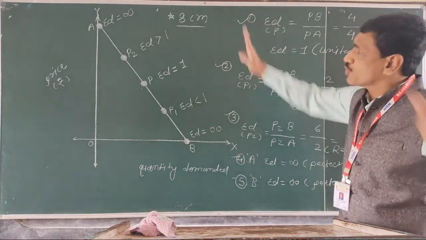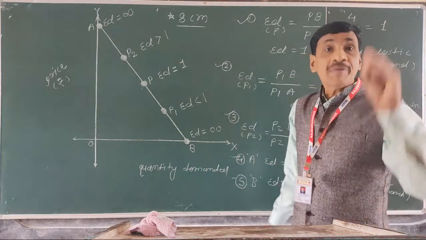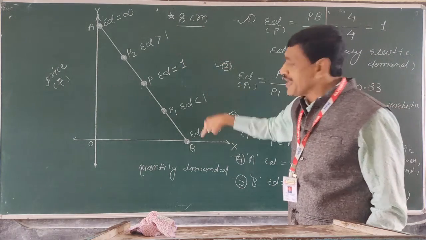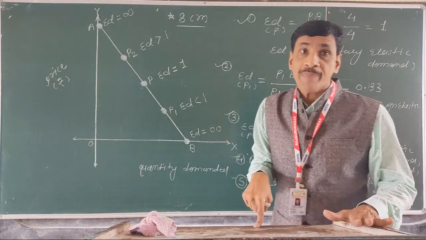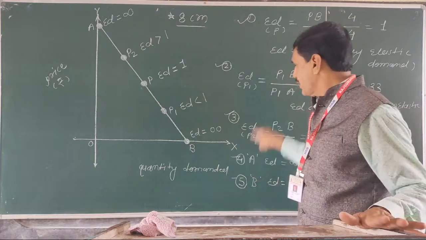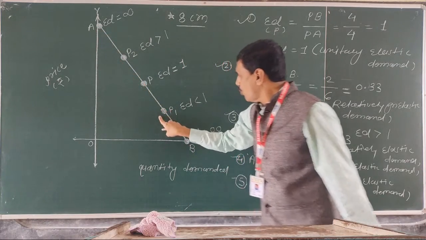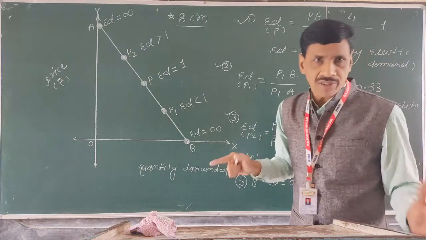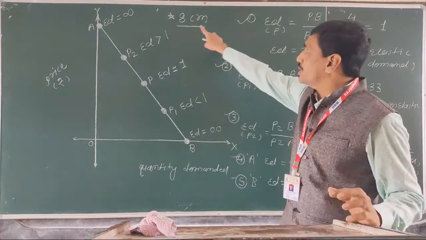The y-axis indicates the price of the commodity, and the x-axis indicates the quantity demanded. In the diagram, AB is the linear demand curve, and that curve meets both axes, the y-axis at point A and the x-axis at point B. There are 5 points: 1, 2, 3, 4, and 5. So how many points are there? There are 5 points. According to Dr. Alfred Marshall, AB is the demand curve,